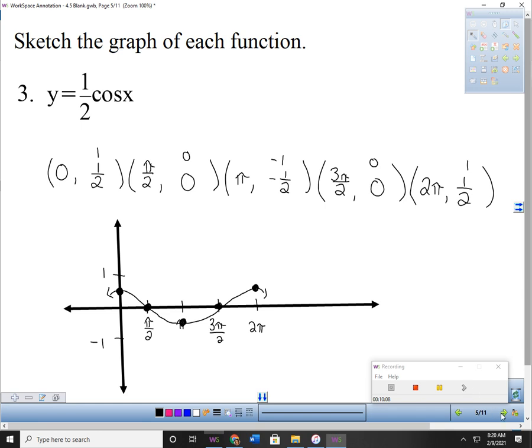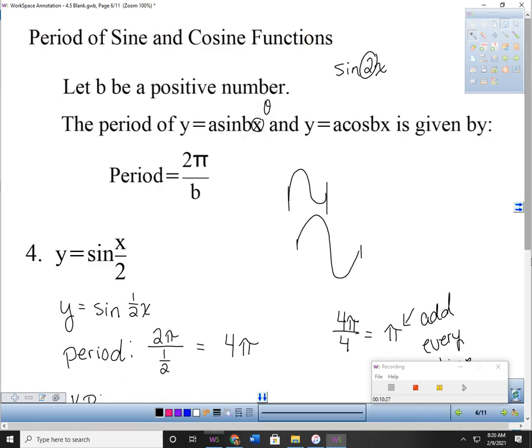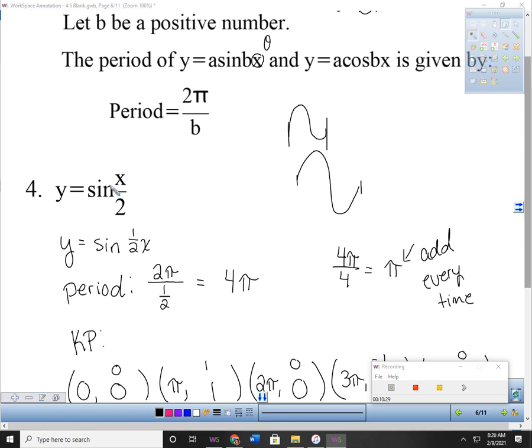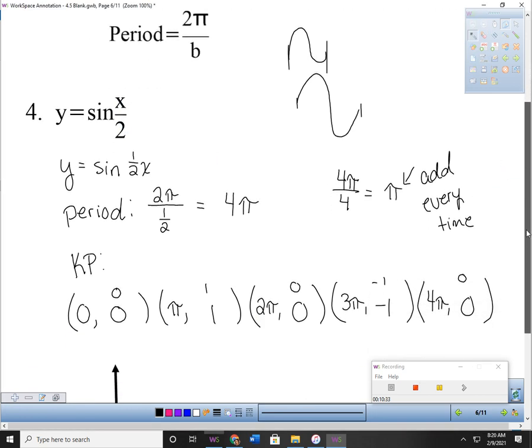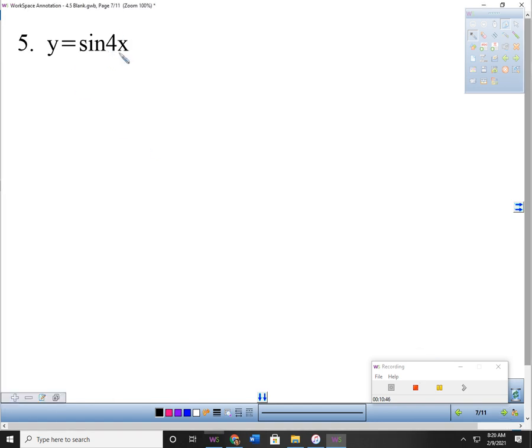When I change and multiply by a number inside, by that x, then it's going to stretch it left and right. So multiplying outside makes it stretch farther up and down, right? Stretch or shrink. When I multiply inside here, that's going to stretch it out left and right. Okay? All right. So if I look at this one, I'm going to start off by,